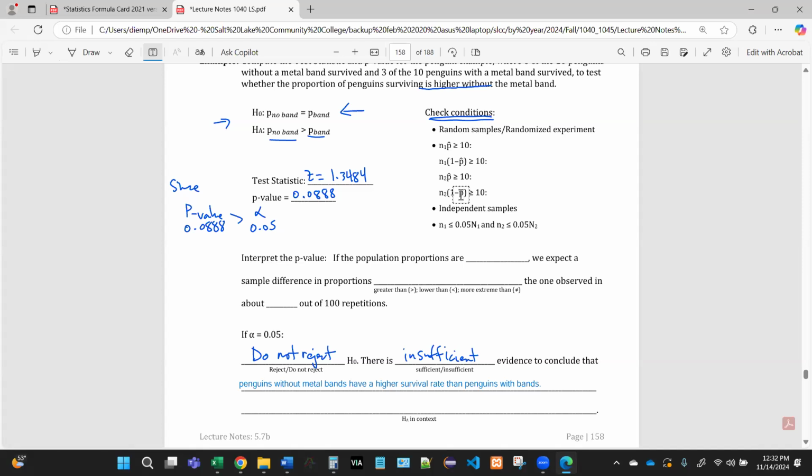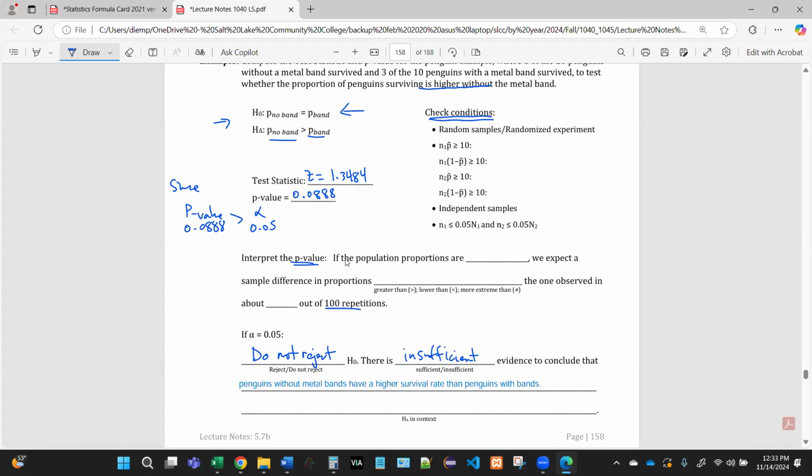Okay, so one way of interpreting a p-value is to think of it as a repeated experiment. Let's say we're all independent penguin researchers, right? So I have my own penguin research, and then each of you have your own projects, and we're actually all studying the same thing, but individually. I go down there and get my sample of 20 penguins, and I run this experiment, right? And then each of you does it. In fact, let's say there's 100 of us, and we have 100 repetitions of this experiment.